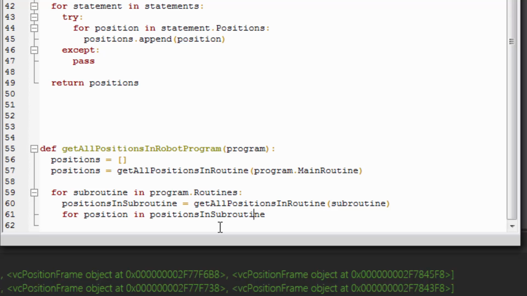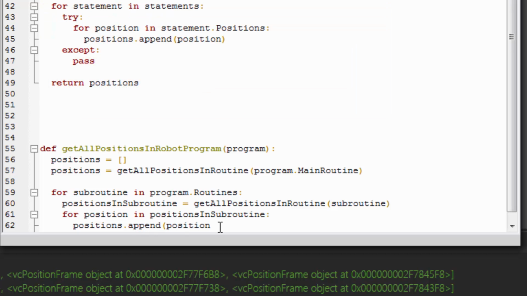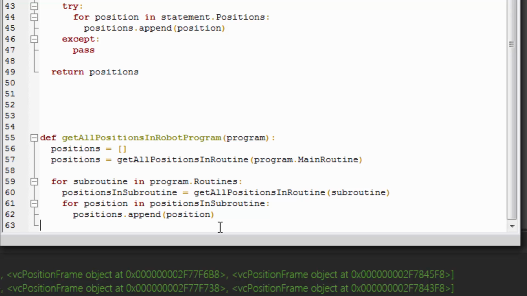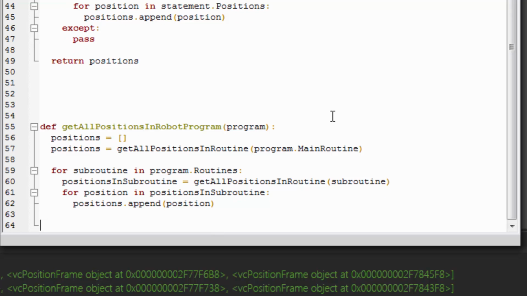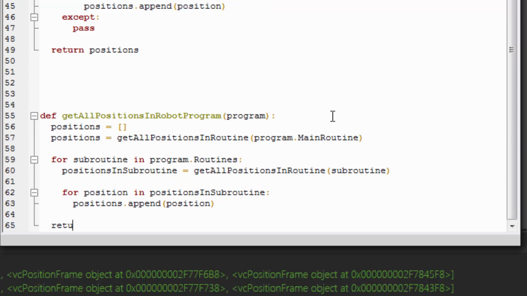So for the position in that list we get from the subroutine, let's append it to our list in our method. So positions.append position. So far so good. And then let's create some space here. Let's return that positions list.